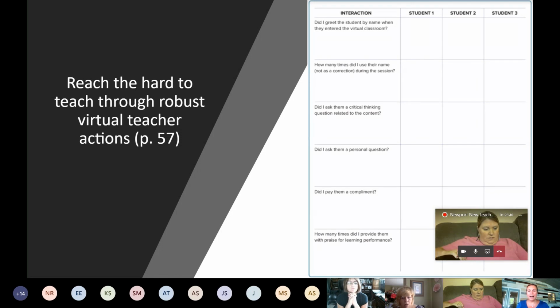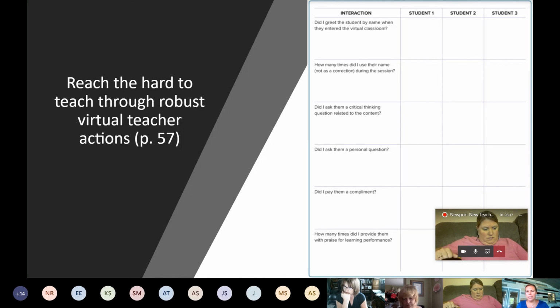But let's think about, how do I ensure that I am reaching some of those kids? And this doesn't mean the kids who aren't showing up, right? The kids who do not show up, that's a whole different thing. But we do need procedures in place for that. Like, I need to contact the parent, obviously, if I can't get in communication with them, or if they don't show up 2 times in a row, what do I do next? Talk to leadership, talk to other teachers to see what they do. Is it something that a counselor is going to get involved in, or the front office, or things like that? But this is for the kids that are there.